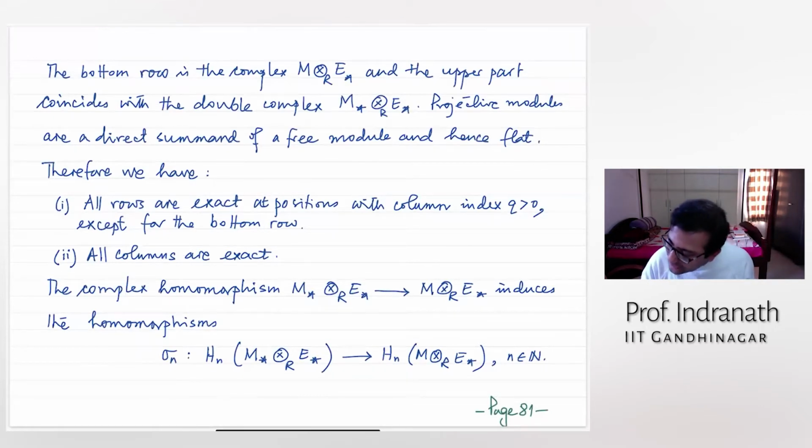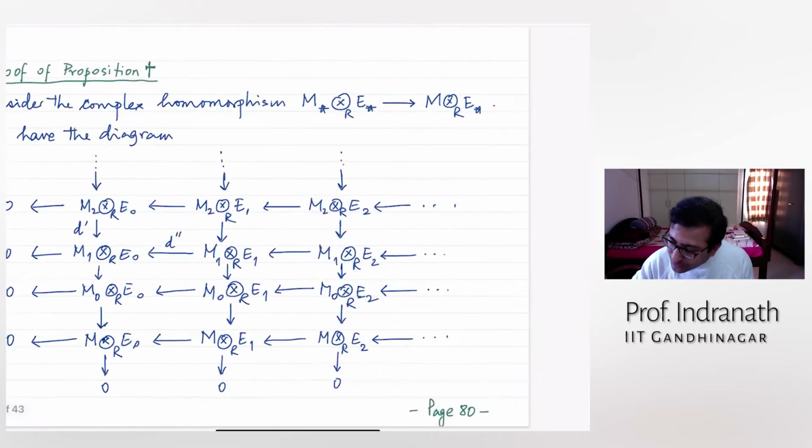So now the complex homomorphism induces the homomorphisms at this level, right? These are the complex homomorphisms, don't forget. And this is the double complex. You remember we had that shorthand of the double, that direct sum, okay? So you know that induces a map at the level of homology, fair enough. Now, what do you want to show? Don't forget the proof statement.